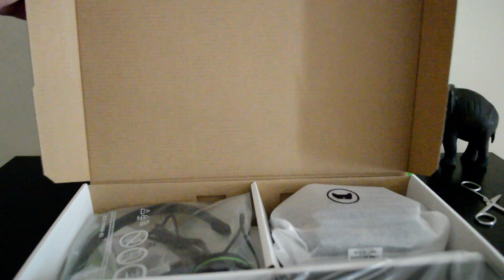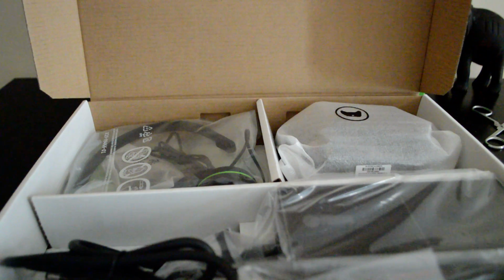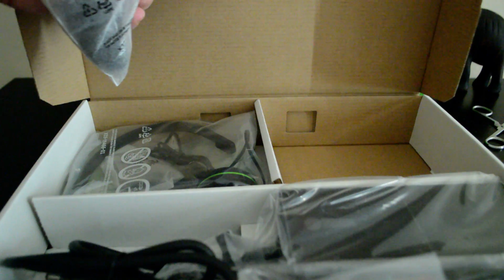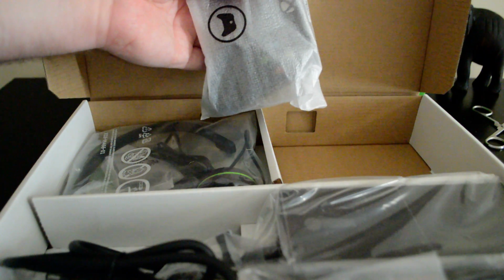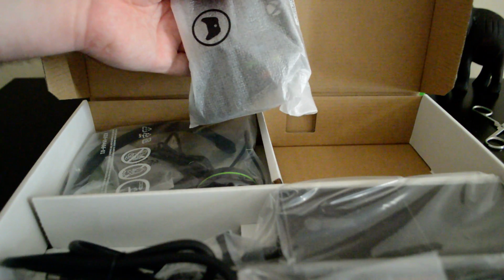Oh, and I just noticed it does come with a headset, so that's a little bonus. I didn't think it did. I thought it was only the 1TB versions came with a headset. I'll need to check something about the controller, because I know they've made a slight adjustment to the Xbox One controller. The new 1TB versions have a headphone jack at the bottom, whereas the original first line of Xbox One controllers didn't have that. And I think this is the older controller, which doesn't bother me now that I know I've got a headset in there, but...